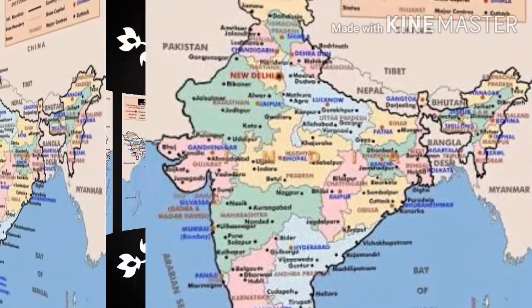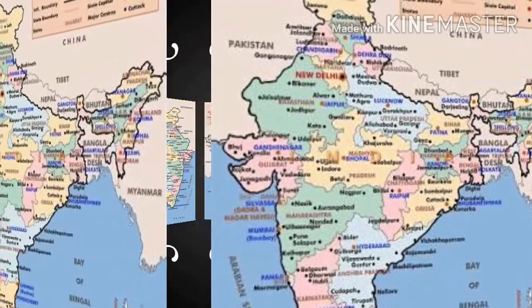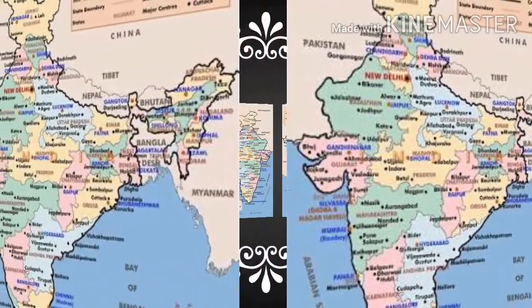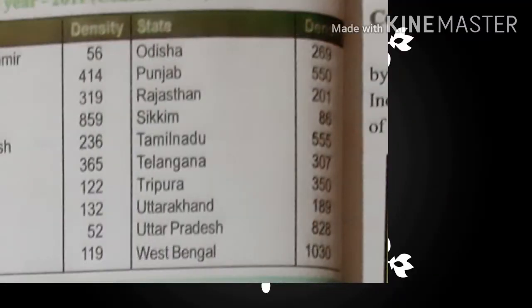Arunachal Pradesh 17, Assam 397, Bihar 1102, Chhattisgarh 189, Goa 394, Gujarat 308, Haryana 573, Himachal Pradesh 123, Jammu Kashmir 56, Jharkhand 414, Karnataka 319, Kerala 859, Madhya Pradesh 236, Maharashtra 365, Manipur 122, Meghalaya 132, Mizoram 52, Nagaland 119, Odisha 269, Punjab 550, Rajasthan 201, Sikkim 86, Tamil Nadu 555, Telangana 307, Tripura 350, Uttarakhand 189, Uttar Pradesh